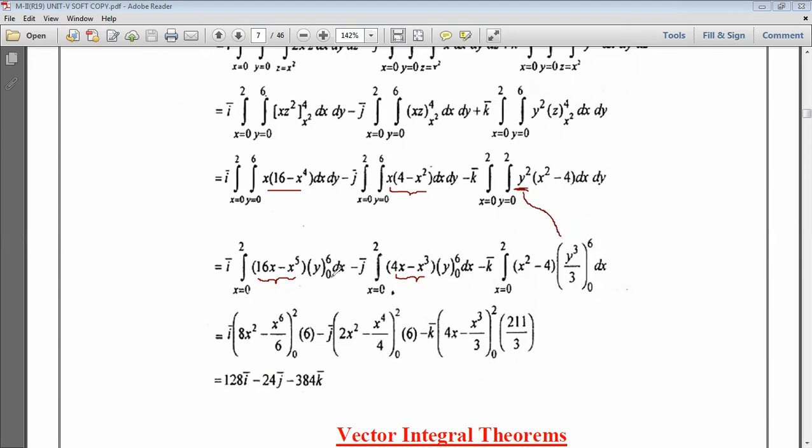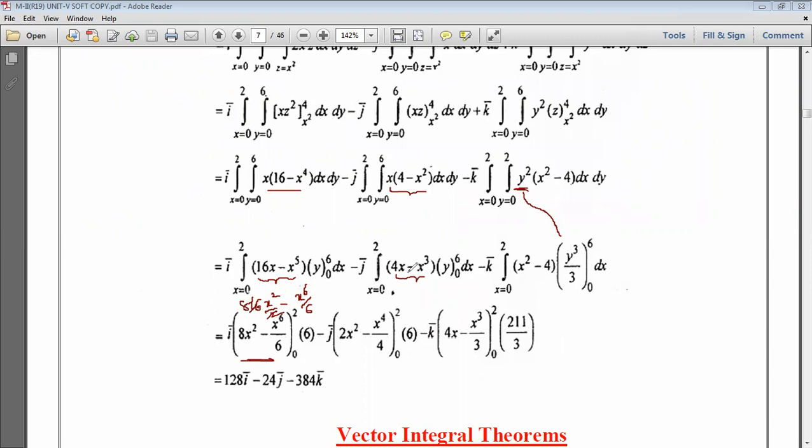And then after substituting the limits, simply what they wrote is direct integration. Why? Because here we have 16x, and the integration of 16x is 8x square, minus x power 5, whose integration is x power 6 by 6. So this is right. So 8x square minus x power 6 by 6 between the limits 0 to 2, and then minus j into